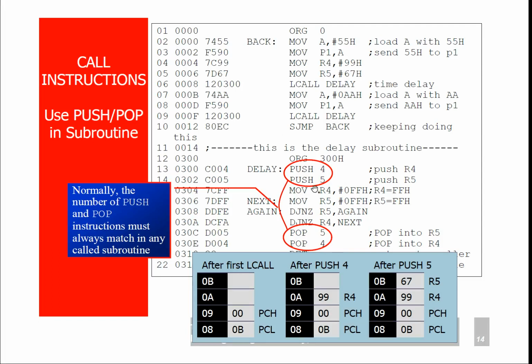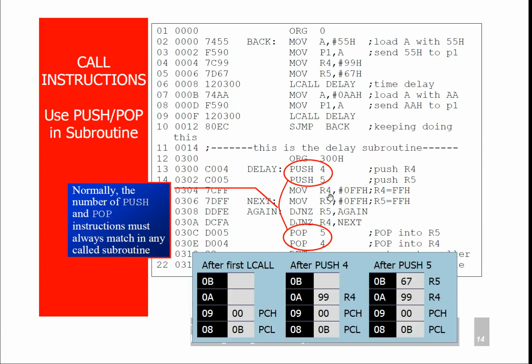And next push 5, that means the content of R5 will be stored onto the stack. So stack pointer will be incremented by 1 first, that is location 0b, and in this location 0b the content of R5, that is 67h, will be stored.